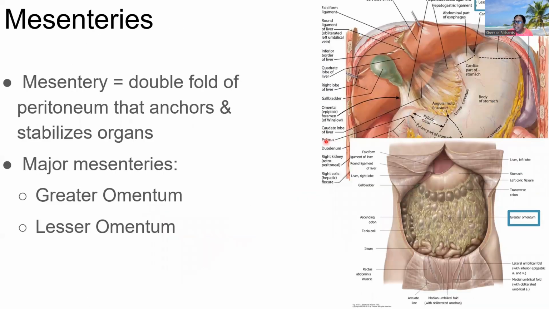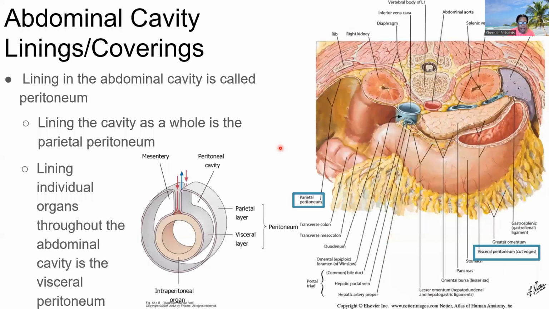Now we have to speak about the mesentery. So the mesentery is the double fold of the peritoneum. Okay, if you think about the connection here, I'm going to jump back to this slide. This connection between the visceral layer and the parietal layer that has the blood vessels, and the arrows here indicate that the arteries that are feeding the intraperitoneal organs, the veins that are feeding the intraperitoneal organs,